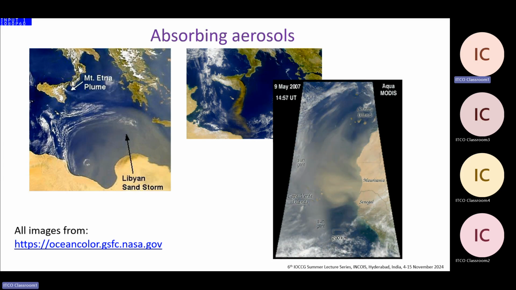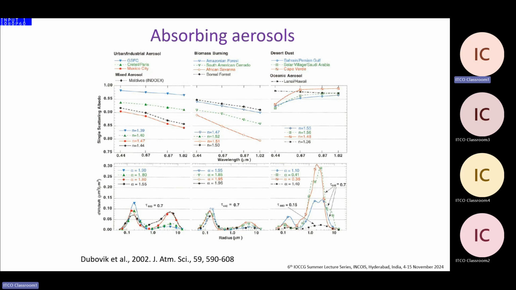So anyway, first thing, their optical thickness is relatively high, and they are absorbing. So they are making our life difficult with ocean color. You remember particle size distribution, index of refraction. So again, same thing. The desert dust here is on the right side of this plot. Why do we have more large particles here? It's a bit unclear. They are all absorbing aerosols, so they have a single scattering albedo definitely significantly lower than 1. This particle size distribution is a bit confusing to me now because this one has many more large particles. Anyway,